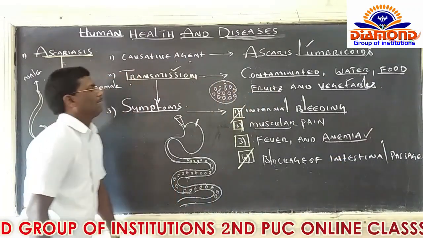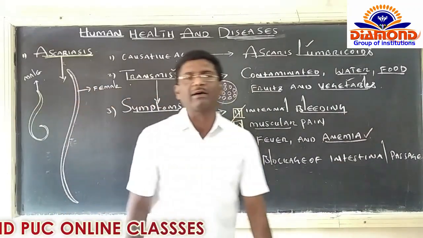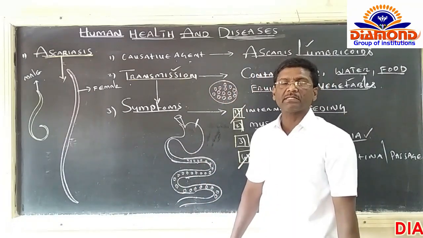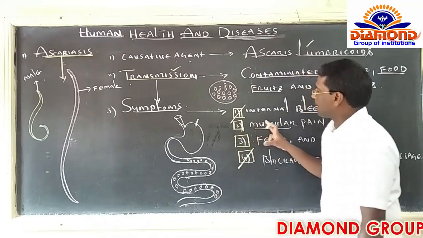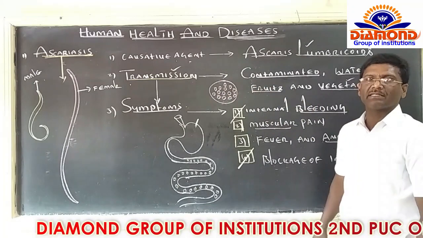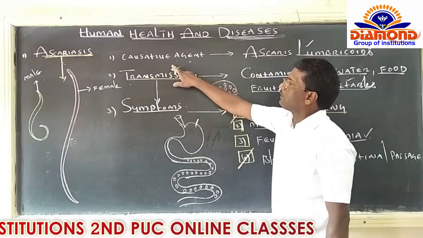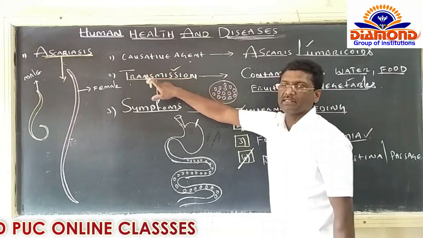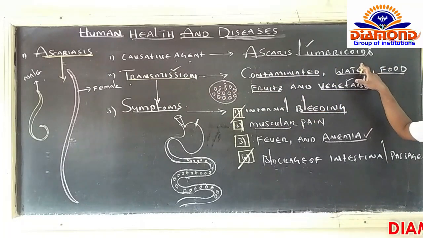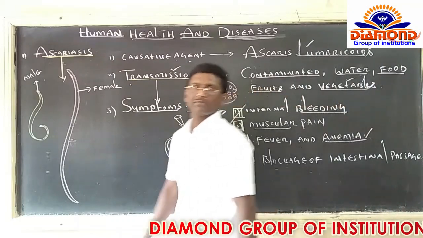That's what. Right. These are all the basic symptoms or characteristics of the ascariasis disease. This disease is very, very important from the board examination point of view. Most likely they are going to ask, write any 4 symptoms of ascariasis disease. This is one question form. Otherwise, they ask, what is the causative agent of ascariasis disease? The causative agent of ascariasis disease is Ascaris lumbricoides, right? That is the end of ascariasis.